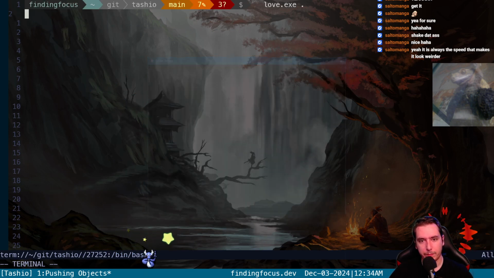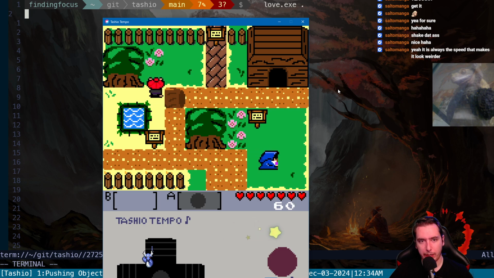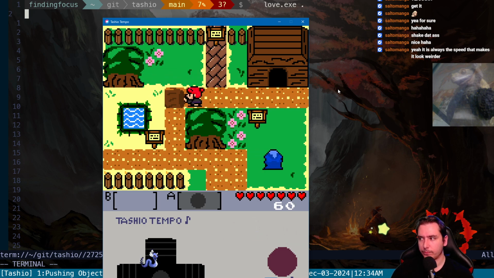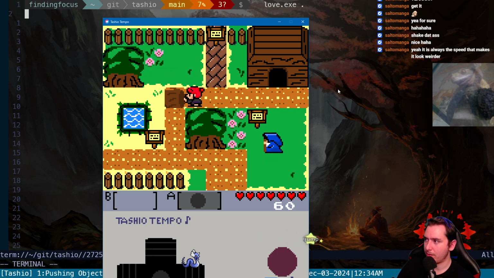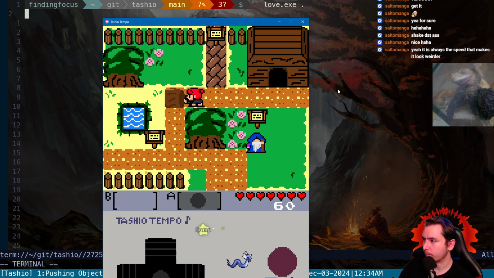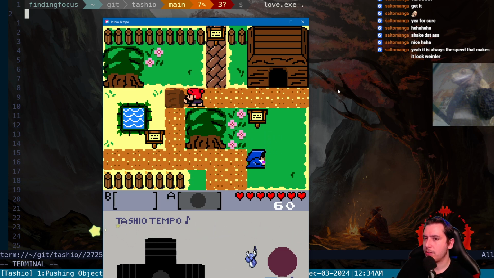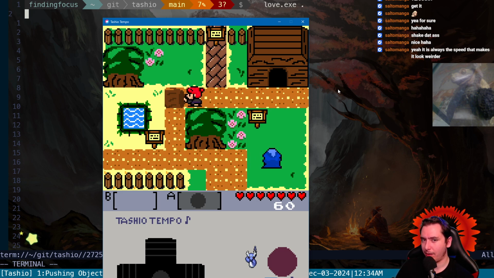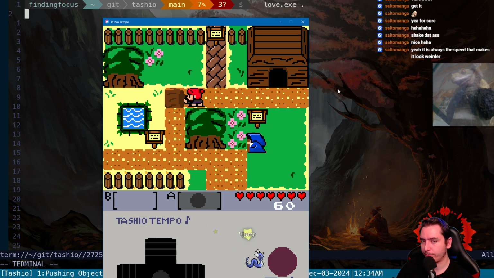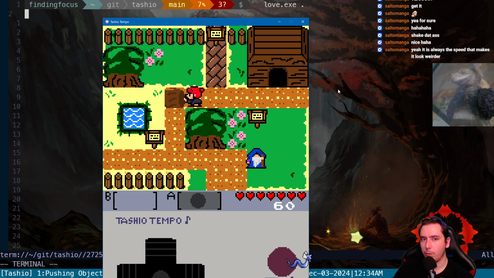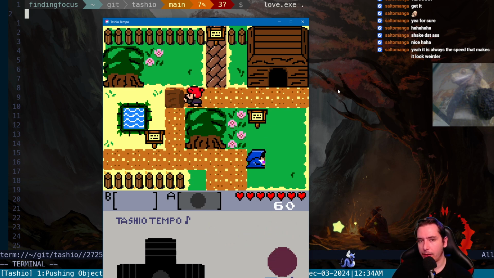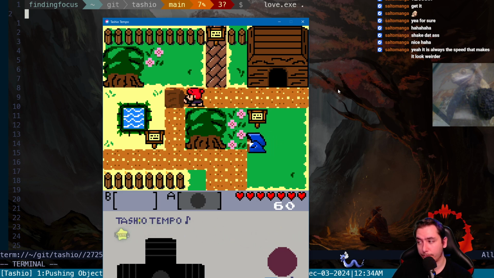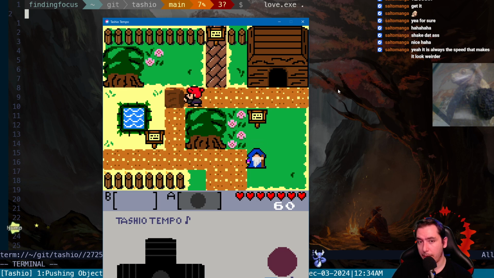Okay, so we've got the pushing working. We just need to define when to switch to the pushing, which isn't just when its direction is a direction, but when we're holding an input and we're colliding. See, how do we do that? It's like if we're holding an input,